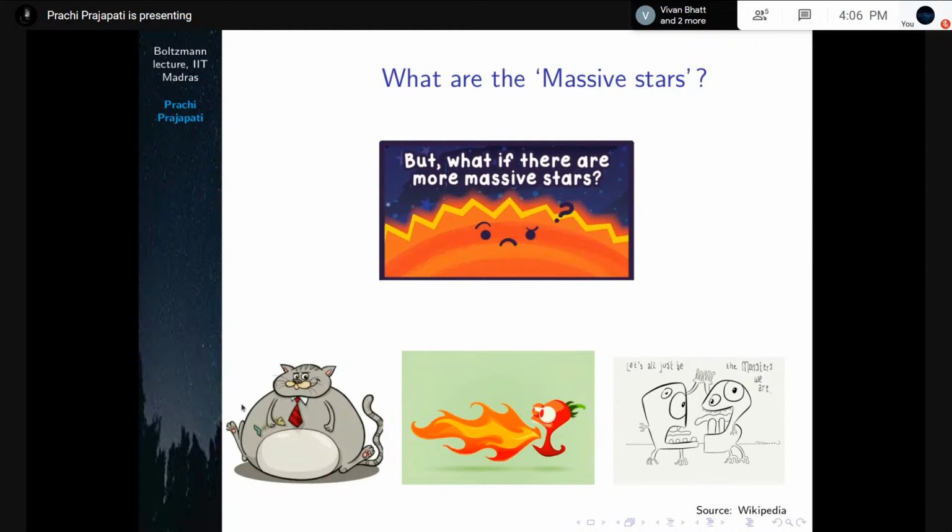These massive stars, as I told, have a mass of more than 10 solar masses, which is quite massive. They are also very hot, so their surface temperatures are much higher than the solar surface temperature. One very important feature of massive stars is that they have very strong stellar winds emitting from their surfaces, which also causes exotic mass loss from their outer layers. So in short, these stars are kind of monsters if we compare them with low mass stars.